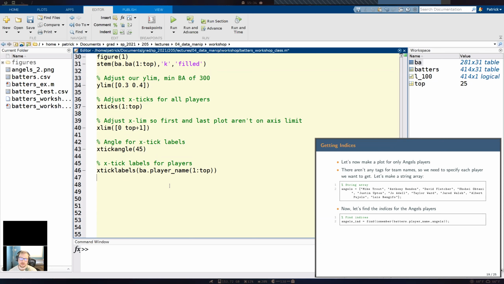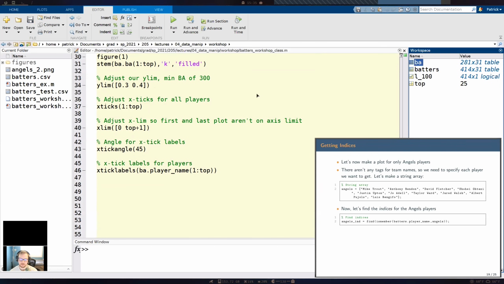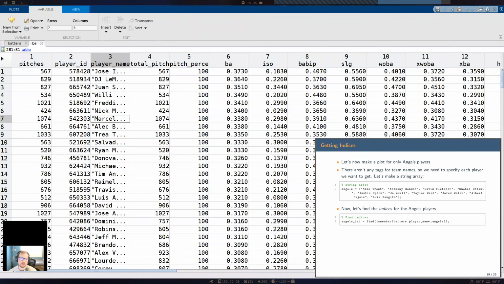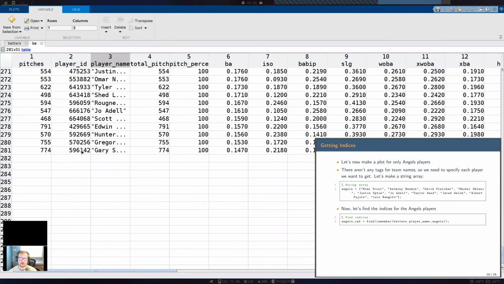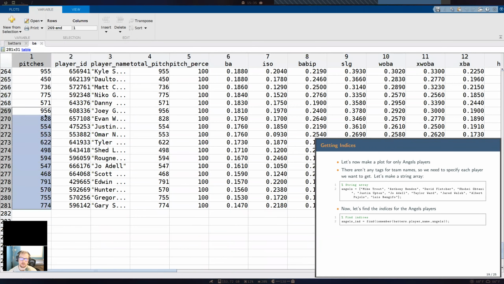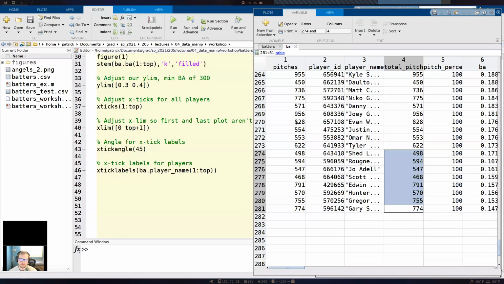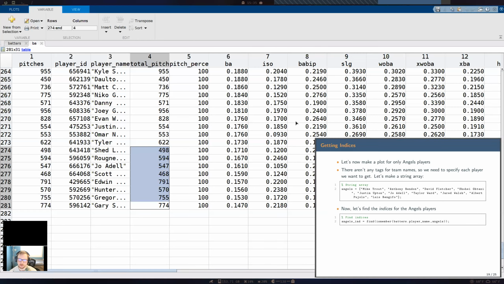But yeah, later on in the class, we're going to be using cell arrays because sometimes the lengths that we have for each array is going to be different. And if we're in a table, let me open this up. So, we're in our table here and we have 281 rows, right? So basically every single column vector here has to be the same length. We need to have a length of 281. If all of these values were gone here and they were empty cells, Matlab would throw a fit. So kind of a tangent, but we'll discuss that in more depth later on.